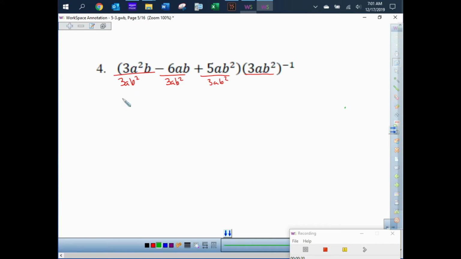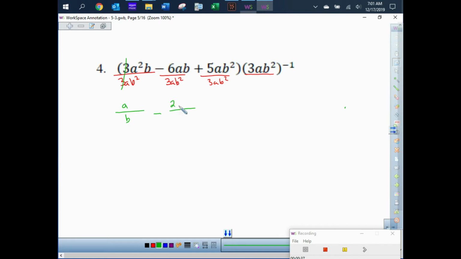So the 3 divided by 3 cancels out. I'm going to start with a fraction bar. I got more a's upstairs than I do downstairs, so there's one more a upstairs, and here with the b's, there's one more b downstairs, so that's a over b, minus, start with a fraction bar, 6 over 3 is